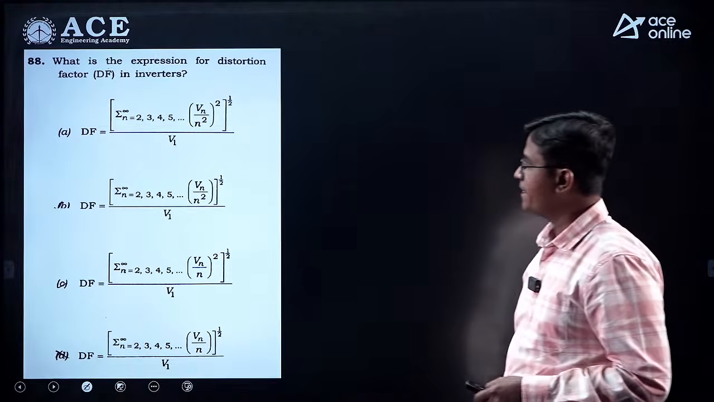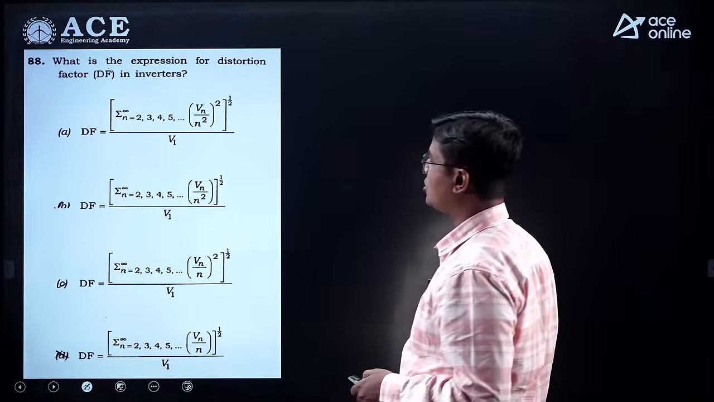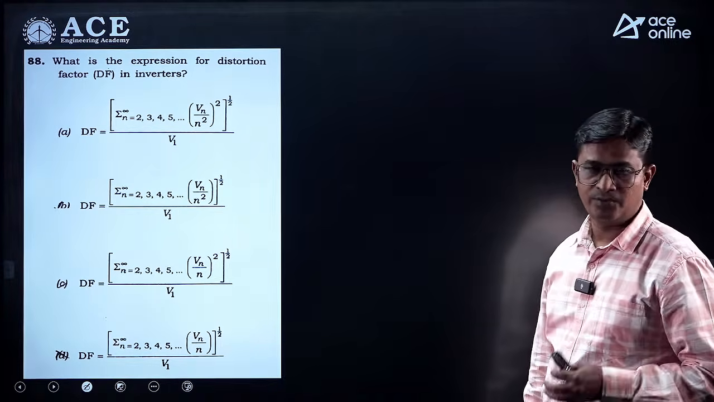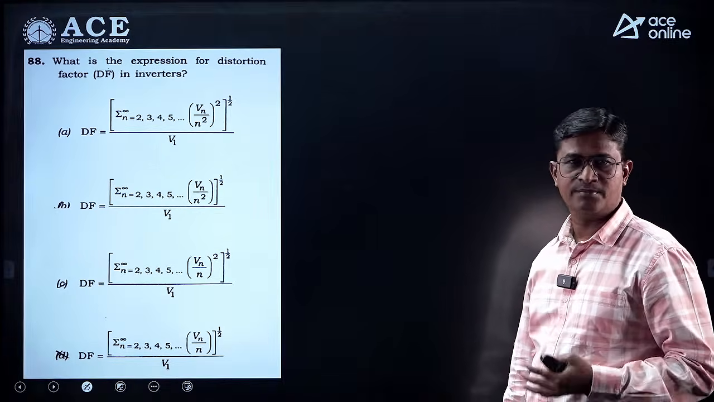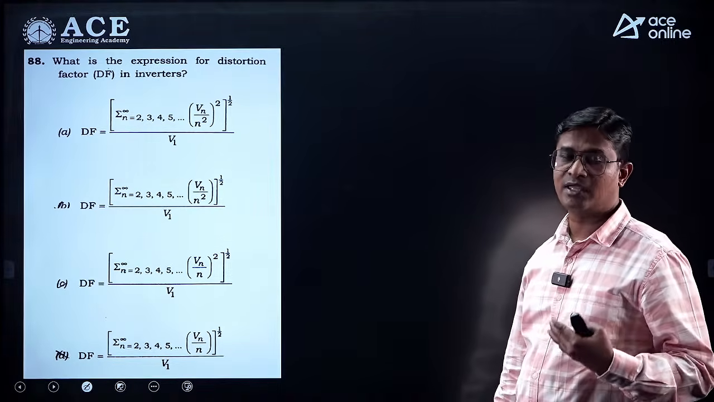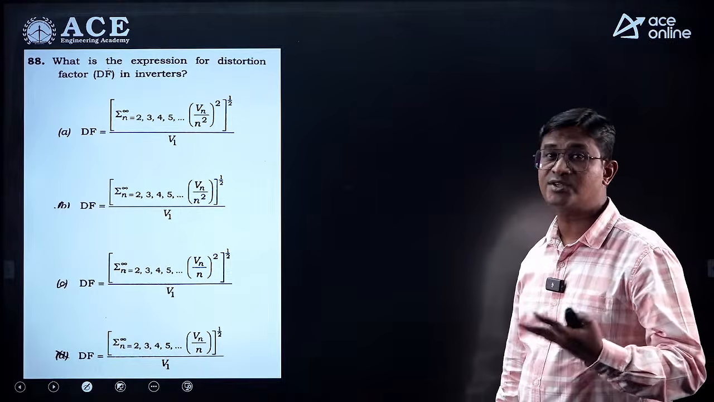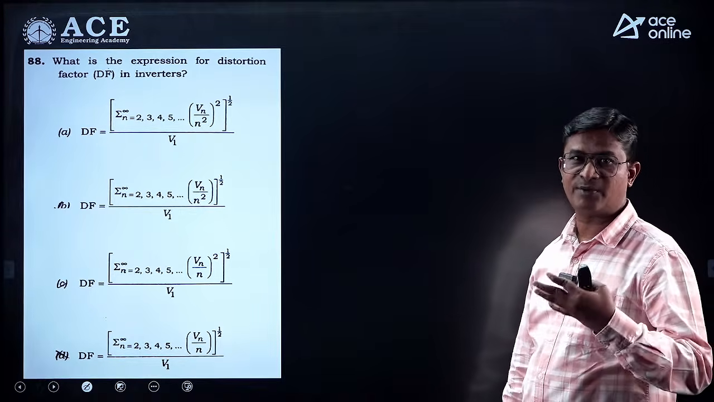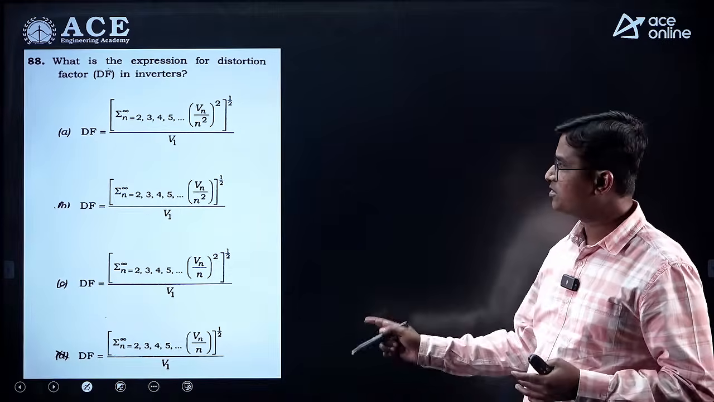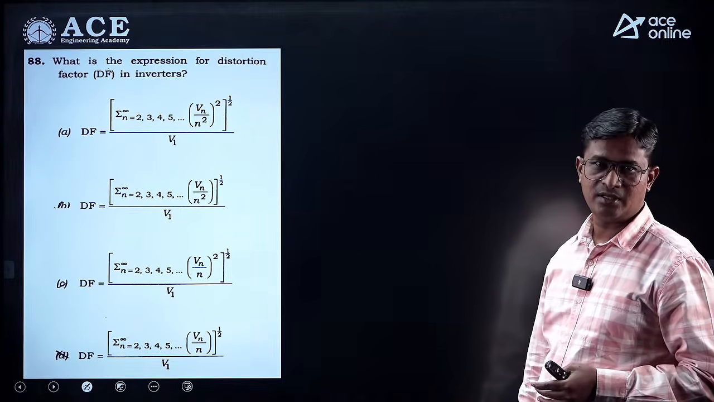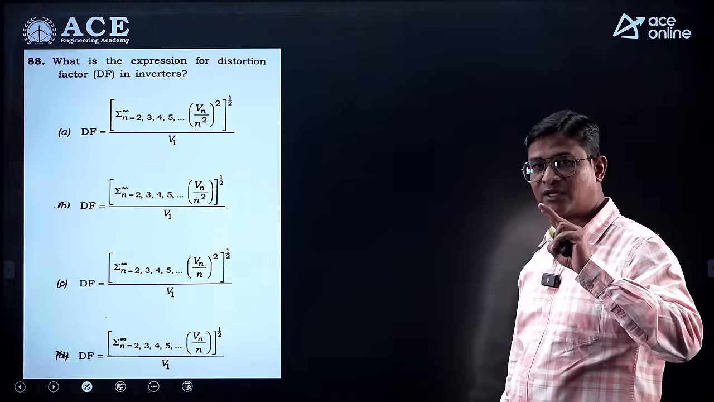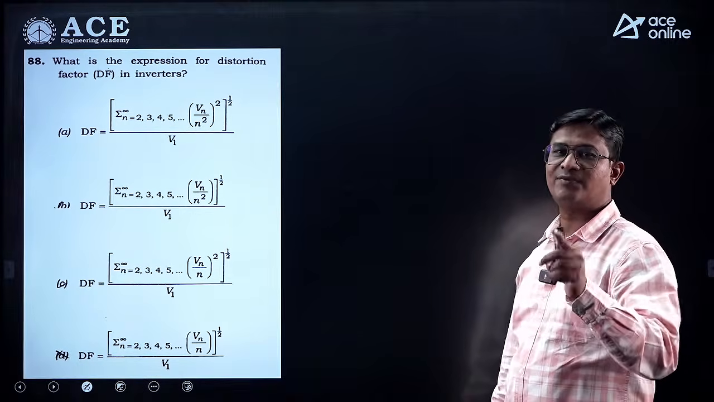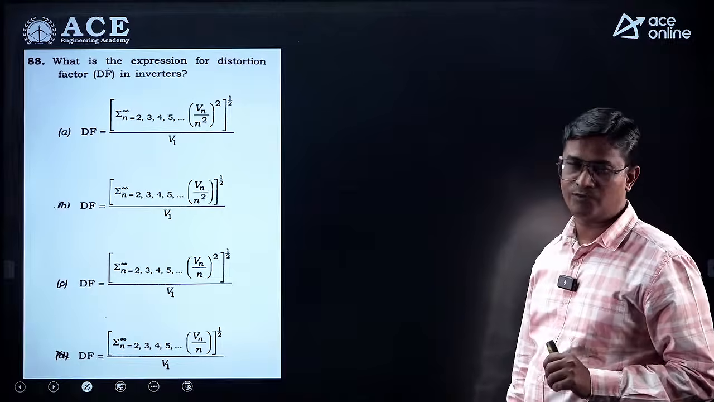Next question. What is the expression for distortion factor in inverter? We know in practical inverters, my expected output is sinusoidal. But practical inverters are not giving me a sinusoidal output. So we have various performance parameters, right? In that, one of the parameters is the distortion factor. We have two related to distortion factor: the distortion factor for a particular harmonic as well as the distortion factor of the total output voltage